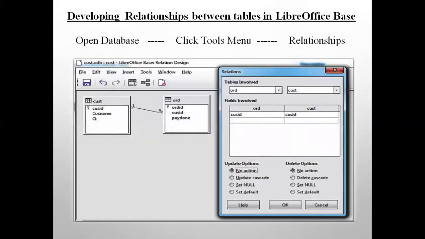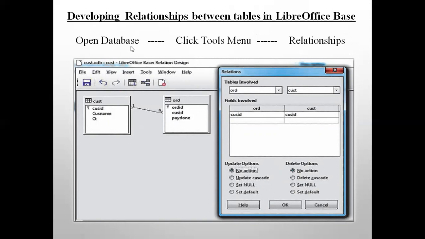Last, let's see the steps to develop relationships between tables in LibreOffice Base. We have seen earlier how to create a database, how to design the table structure, and how to enter the data in that. So after that, the designing of the tables step is done.